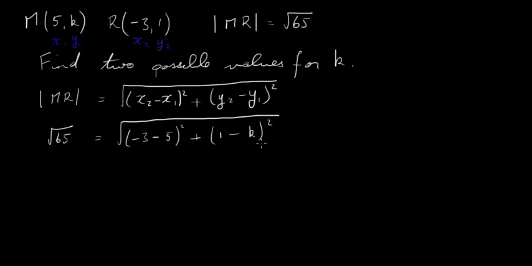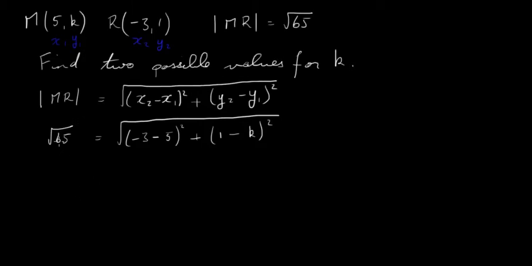So we can isolate k. We can get k on its own on one side of the equation, put everything else on the other. So we'll have solved for k. So let's see how we're going to do that. Now we have a square root here on the left hand side, we have a square root on the right hand side. So what I'm going to do first of all is square both sides. The opposite to square root